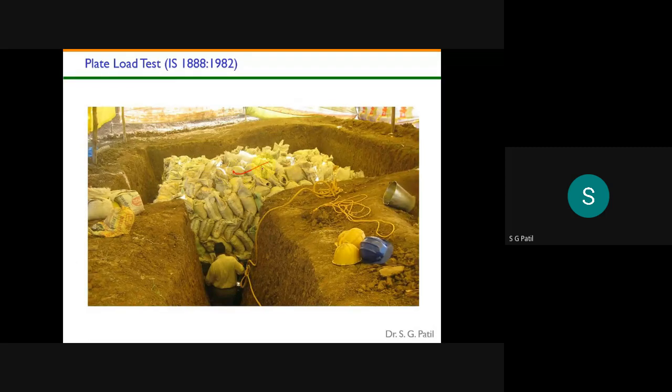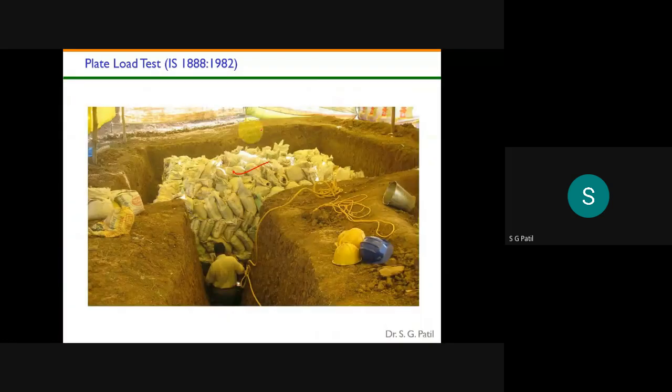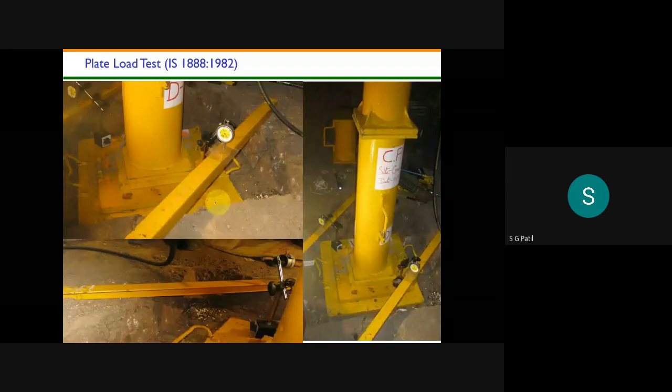Then see here, people are working inside this. This is called the Kentledge. Under this Kentledge, they are working here. Can you see some light here? They will be taking the readings. This is inside that pit. From the outside, the pit looks like this. Once you go inside, it looks like this. You see, this is the pit, and this is the plate.